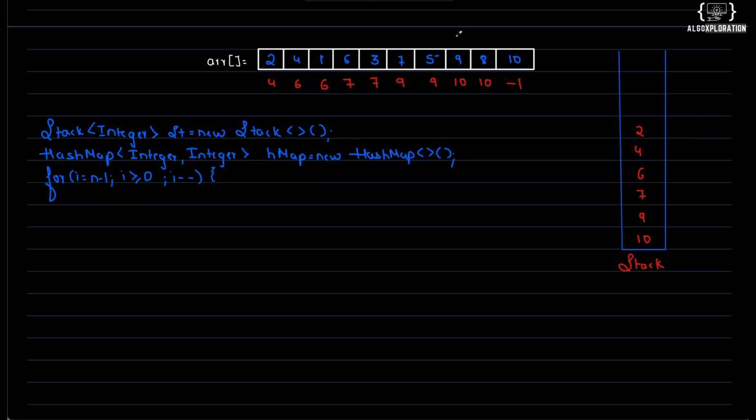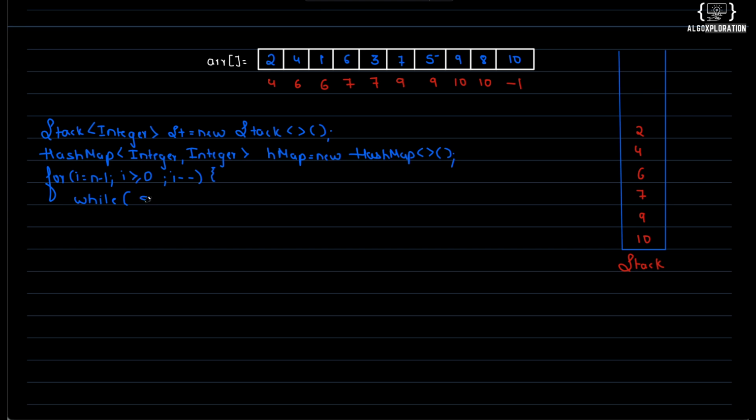Now see, when I was standing over here, 8 was stored inside the stack. So I need to check whether at the top of the stack any element is present which is smaller than the current element or not. If it is, then I need to pop it. And I need to keep popping, so I need to have a while loop